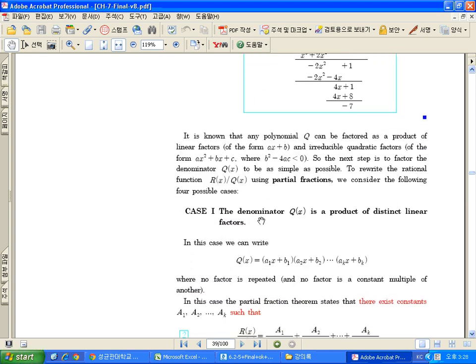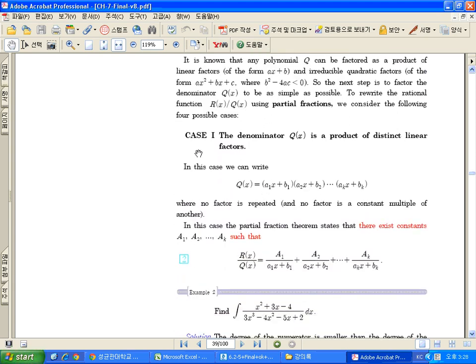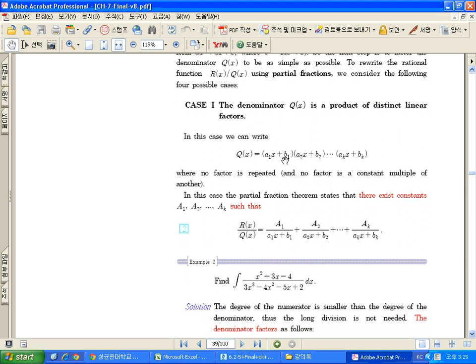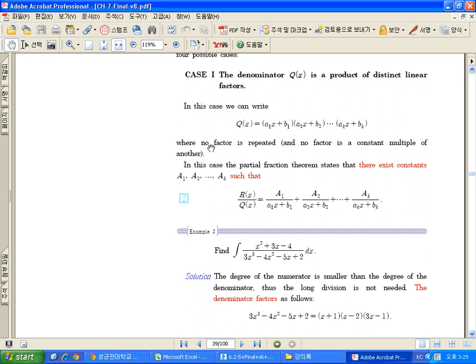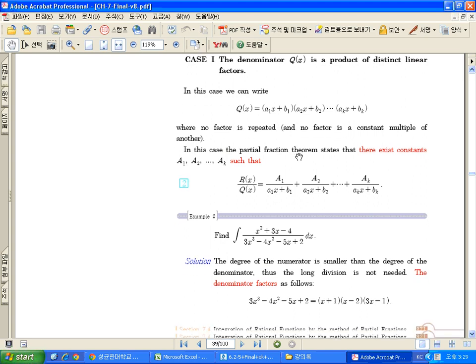So in general, there are several cases. First case, the denominator q of x is a product of distinct linear factors, like this, where no factor is repeated. In this case, this rational function r of x over q of x